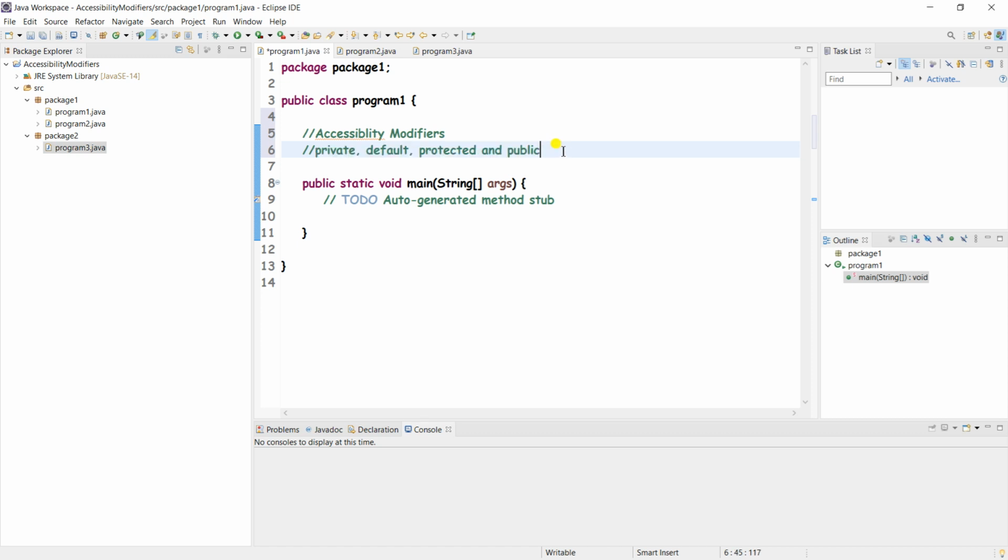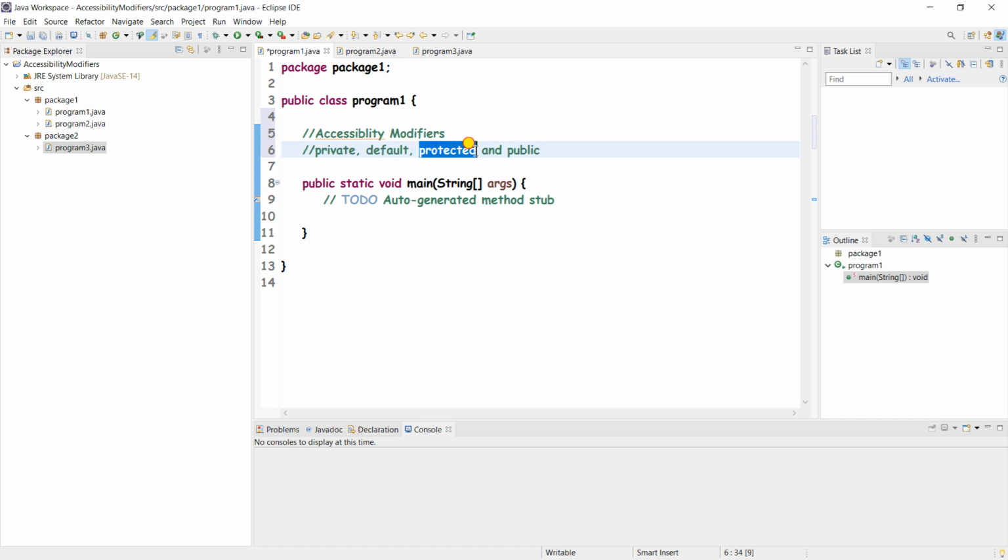So private accessibility modifier. This private is accessible only within the class. Okay, default is accessible only within the package, means in that section only. If we try to access in this package or in this class, it will not be accessible. We cannot access outside the class.